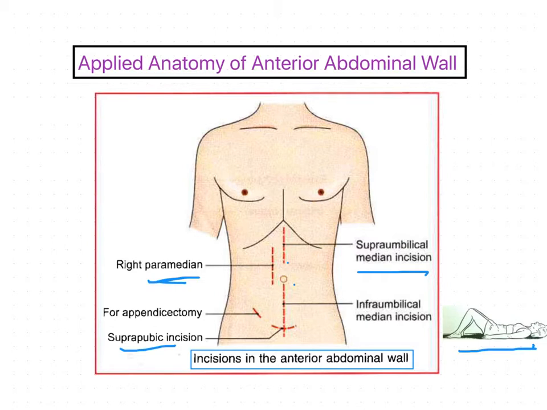Here they have given the incision for appendectomy. Okay, these are all about the incisions related to the anterior abdominal wall. The next thing we are going to discuss in this applied anatomy of the anterior abdominal wall is the